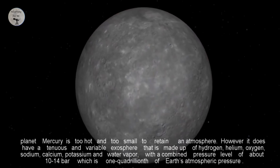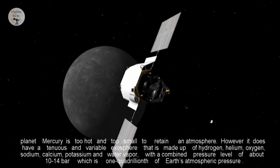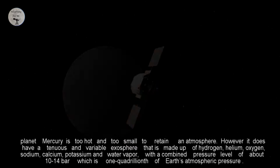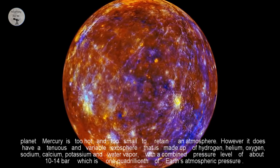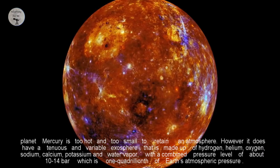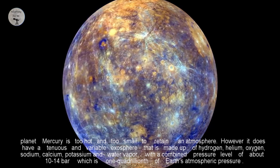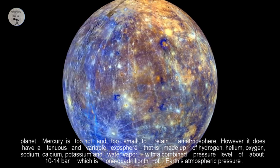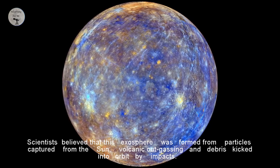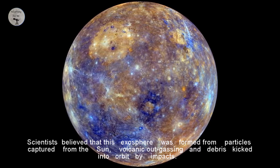Planet Mercury is too hot and too small to retain an atmosphere. However, it does have a tenuous and variable exosphere that is made up of hydrogen, helium, oxygen, sodium, calcium, potassium, and water vapor, with a combined pressure level of about 10 to 14 bar, which is 1/4,000,000th of Earth's atmospheric pressure. Scientists believe that this exosphere was formed from particles captured from the sun, volcanic outgassing, and debris kicked into